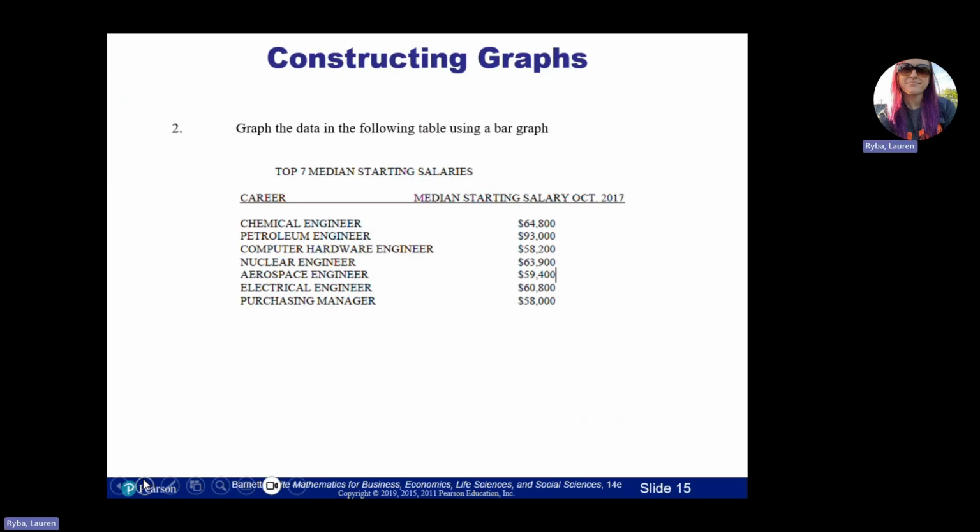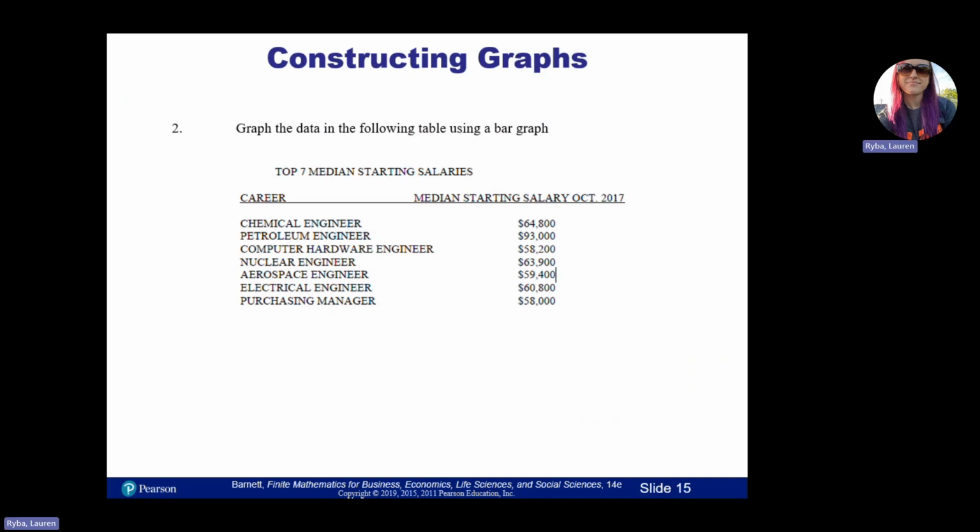Next one wants us to make a bar graph. So let's say I decide to use Excel for this. I'm going to type my data quick here. Chem engineer on a separate screen just so I can see my values. Petroleum engineer, computer, just do that. Nuclear, aerospace, electrical, and just seeing manager. I'm going to enter my numbers: